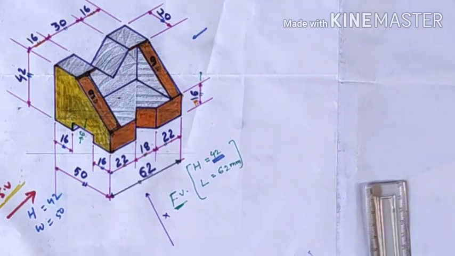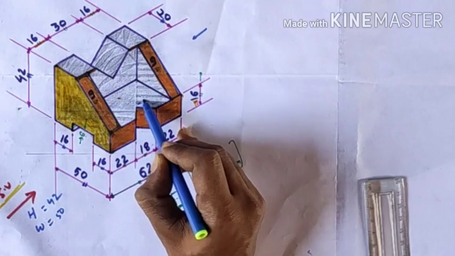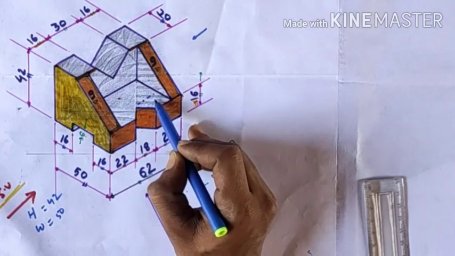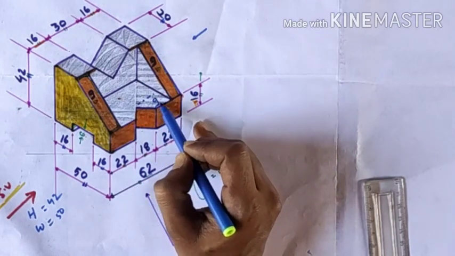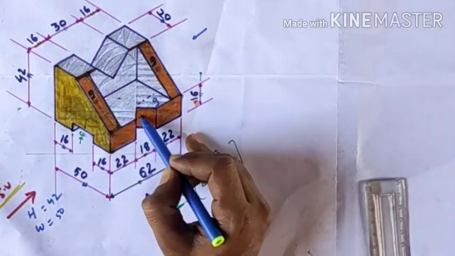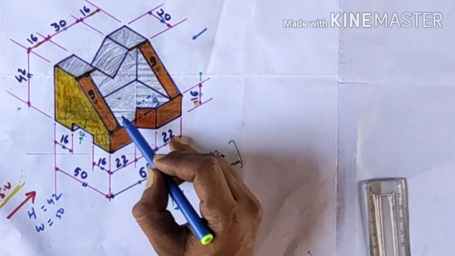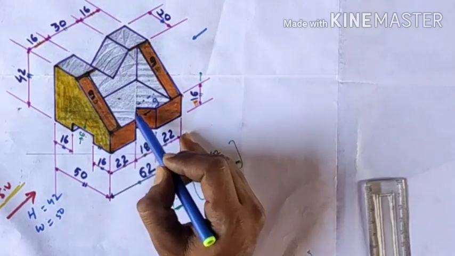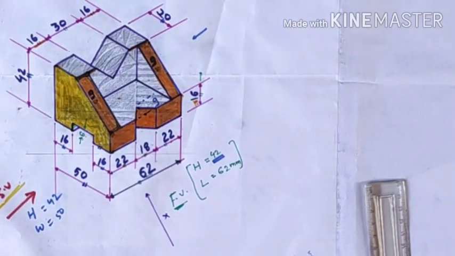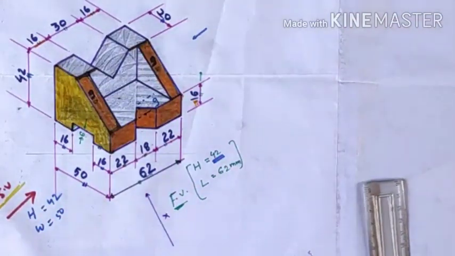And the remaining represents your top view. So here one dimension is left, that is this. So here we extend this line, and this is about 9 mm, so from the center we draw a 9 mm line parallel to this and join this. So all are clear when we draw all three types of view here using the third angle projection method. So let's start to draw this.